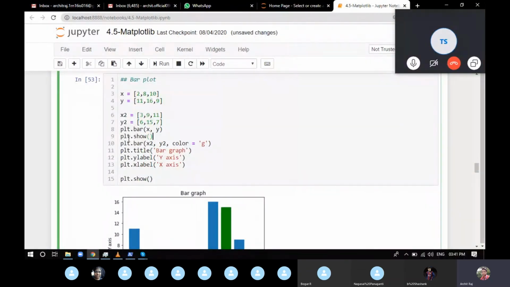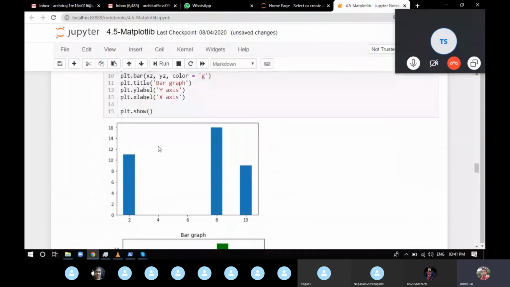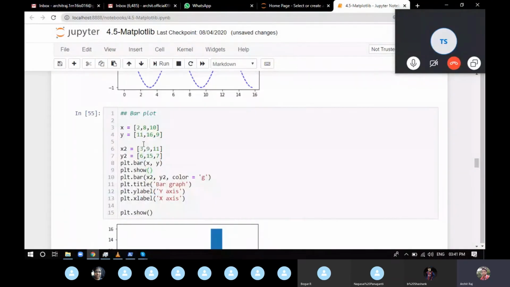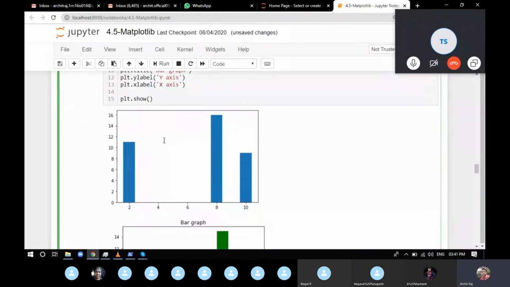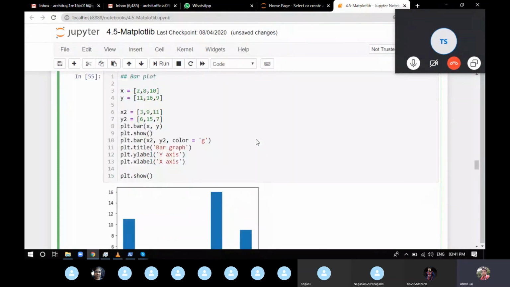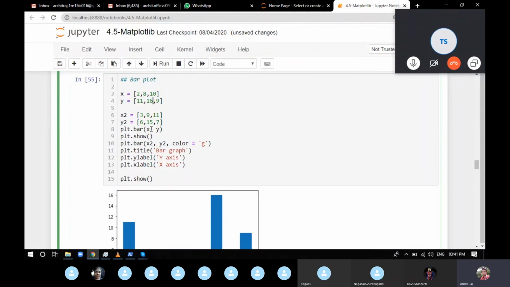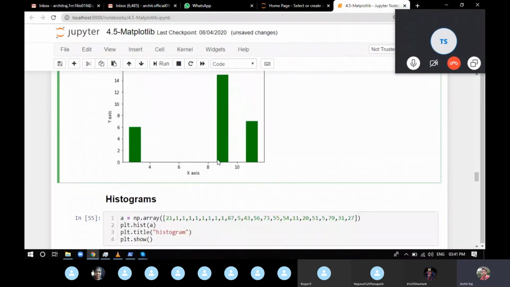So now you can see there are two different graphs. For the first graph, we are providing only x and y. So 2, 11, 8, 16, 10, 9 has been plotted. For the second graph, which is x2 and y2, 3, 6, 9, 15, 11, 7 has been populated with a color g.